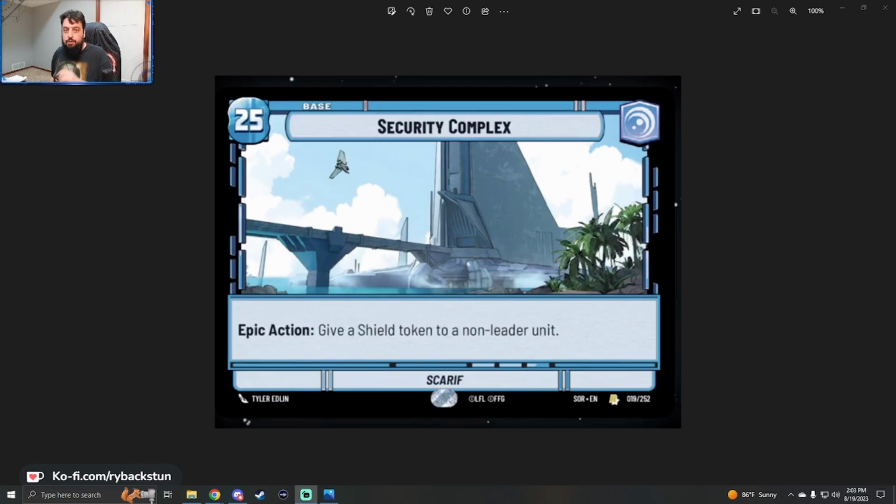We've seen a lot of instances of really good examples of shield token usage. I just think for 5 health, this is not a great way to be able to play this base. There is a specific situation that I think this base becomes very handy and basically mandatory for playing the